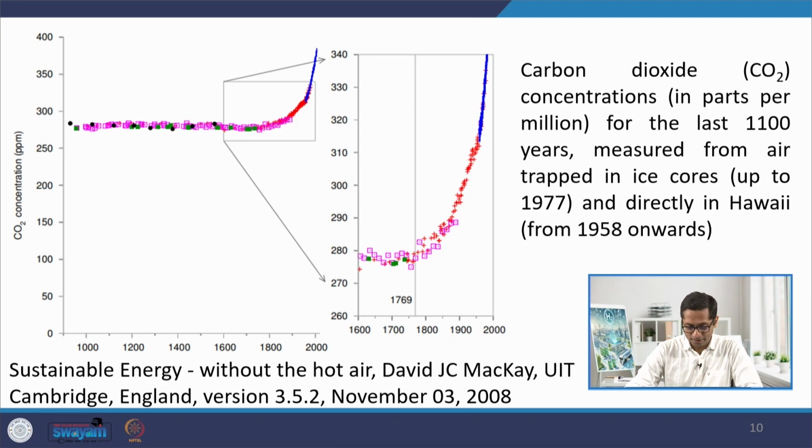But something happened in the year 1769 and there was a drastic increase of CO2 since then. Most of you would have guessed it right. What happened in 1769? It was the influx of the Industrial Revolution, which was basically initiated by the discovery of the modern steam engine by James Watt. So this is precisely the year when the steam engine by James Watt was discovered, and beyond that we see there has been a steady rise in the CO2.